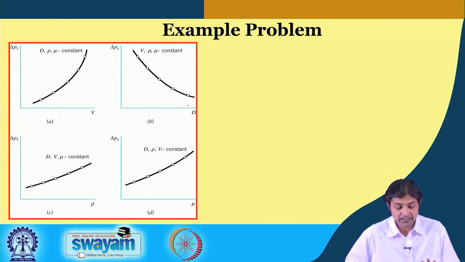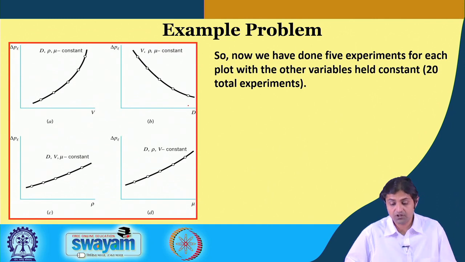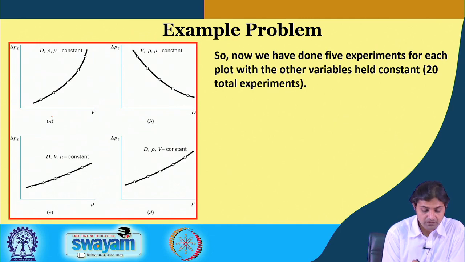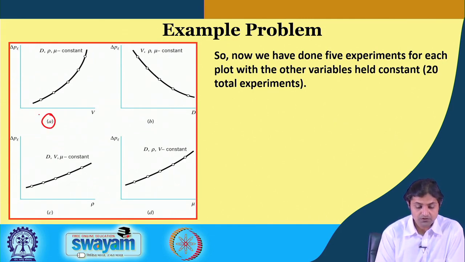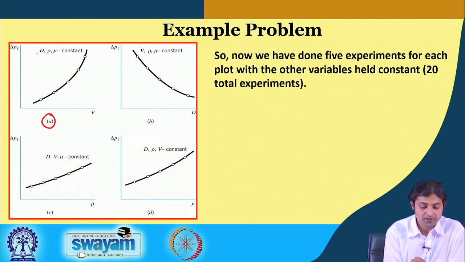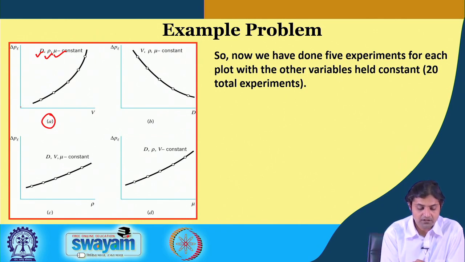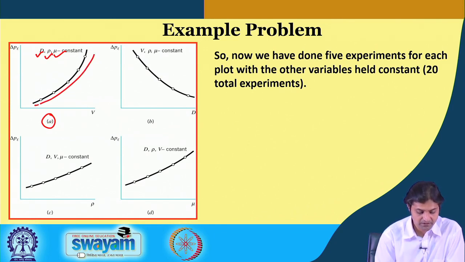So, the right hand side is the plot. I am going to explain to you what those plots are. If you look here, the graph A shows that we have varied the flow velocity, we have kept diameter, rho and mu constant, and start measuring the pressure drop per unit length using our apparatus. What we find out is, the pressure drop per unit length is increasing as the velocity is increased. This is a sort of a curve that we are getting. Okay.